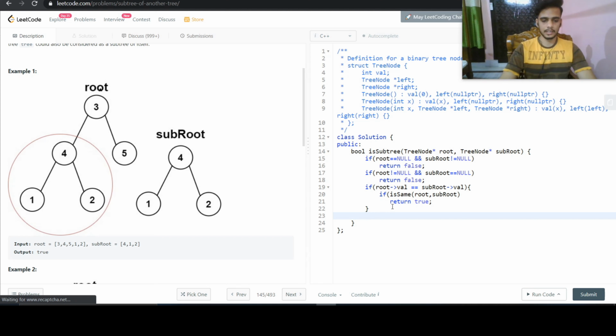Otherwise, we will check whether the subtree is contained in the left part of it. So root's left, subroot, or whether it is in the right part of it.